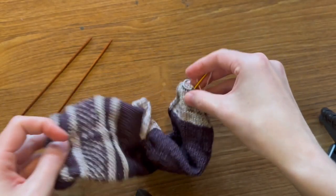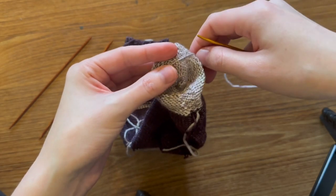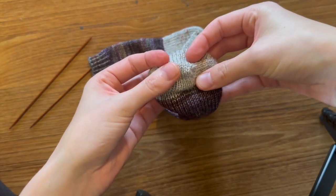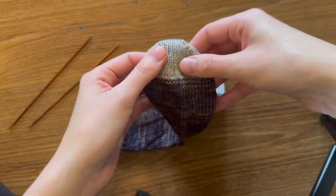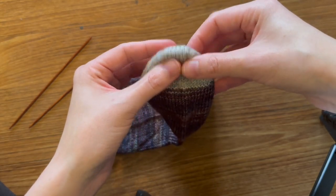to the inside. Once you pull it through to the inside, I personally am going to do a knot or two here and then weave my end in, just because I like to keep the toe extra secure. Once you're done and you block your sock, you won't be able to tell where you started. And then once you've got the sock on, there's no ears up at the top here. When the sock isn't worn, it does kind of look like they are, but once you put it on, it's